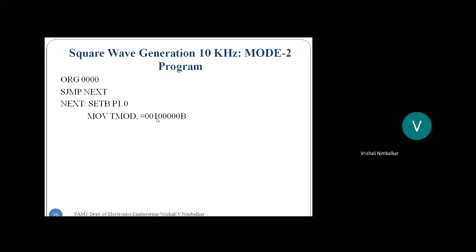So that is also 0. And see here, these are the 2 bits indicating mode 2. Correct? And timer 0 we are not using, so making all those 4 bits 0, 0, 0, 0. Actually, whatever you put here, whether 1, 1, 1 or 0, 0, 0, it is going to be ignored. So we are going to use timer 1 in mode 2. So the control word is going to become 20 hex, or else I have written it here in binary. So that is TMOD register 20 hex.